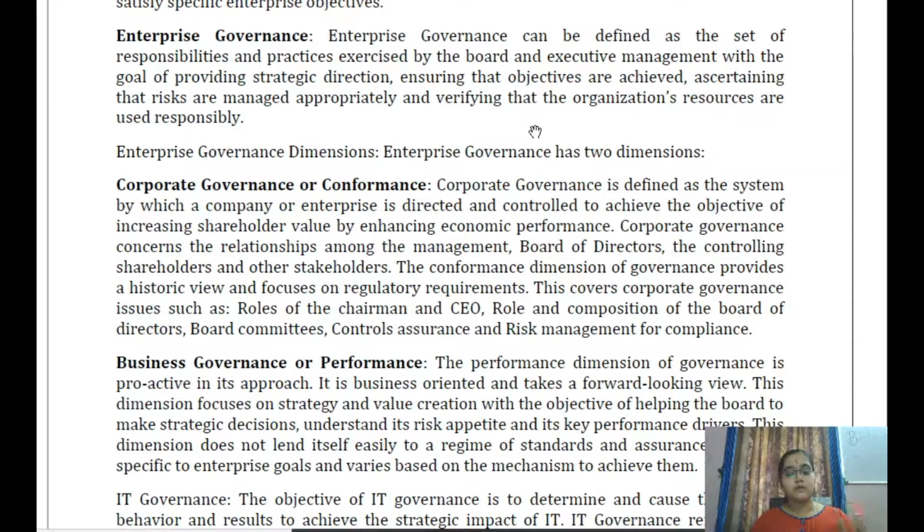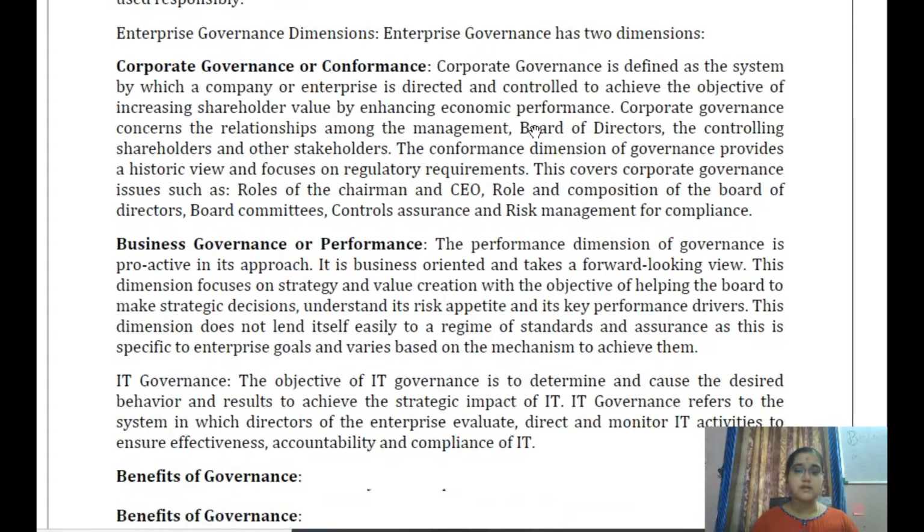We also see this because we are now dealing with the stakeholders. One of the stakeholders is the government. So it will try to see if the regulatory requirements are complied with or not. Because if there is non-compliance, it may result in penalty, right? That's why corporate governance also looks at the role of the chairman, CEO, risk management, whether adequate risk management exists or not, and what the board committees are, so that it can ensure that the organization is working effectively and helping in increasing the shareholders' value. Then what is business governance?